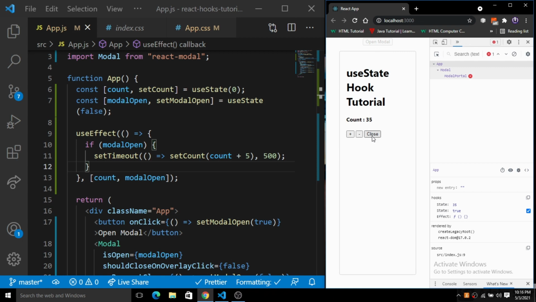When I close this, you can see the state is paused at 45. When I click on this, it is once again incremented. When I close this, it just paused at 90. So this is the stateful thing that we have completed here.